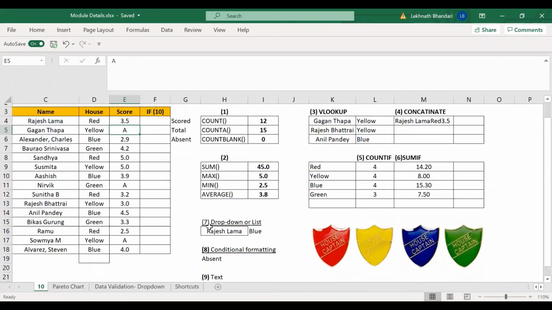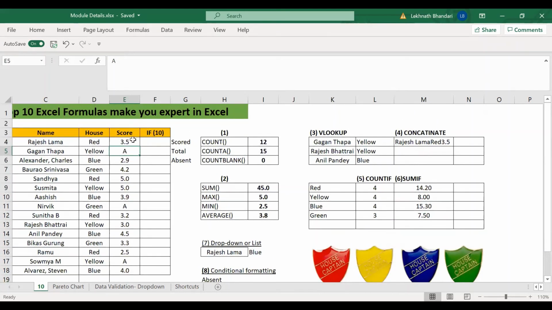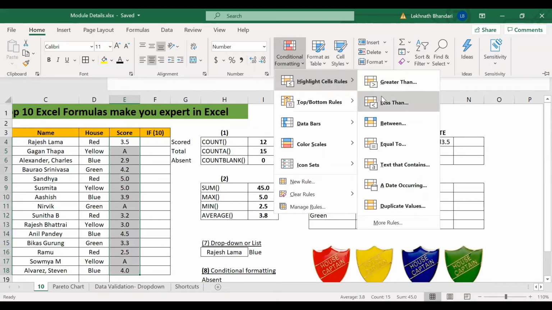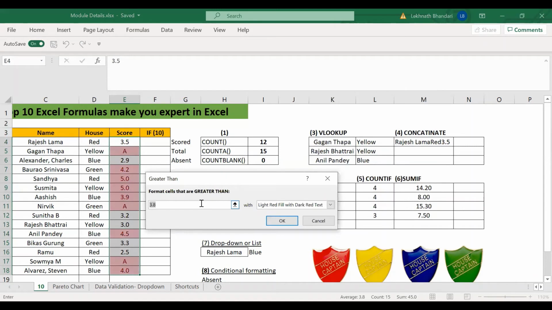You want to give it red. Depending on the score, if it is greater than 3.9, you want to put them on green or anything that you want to do. So what you do, select that range, go to home, click on conditional formatting, highlight cell rule, and here, greater than. If the score is greater than